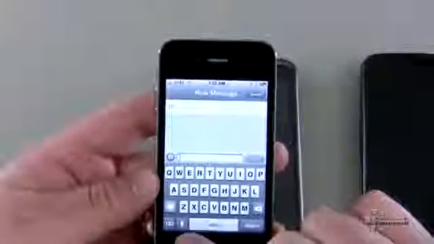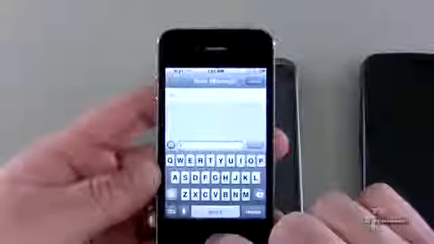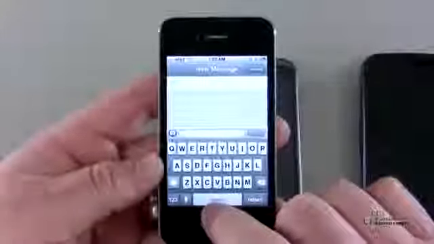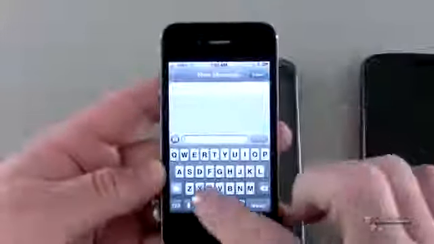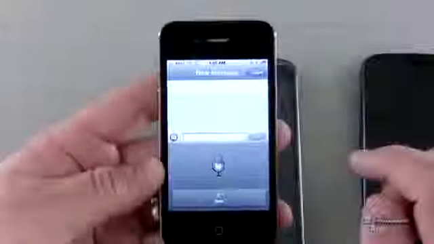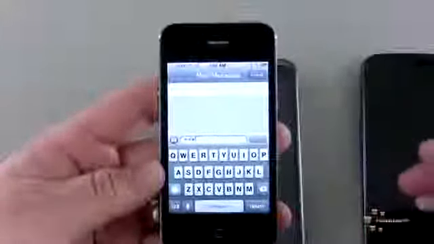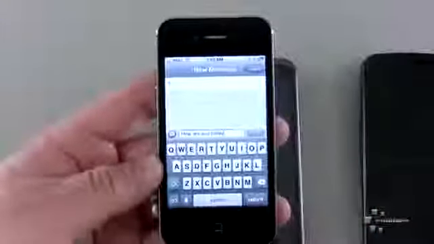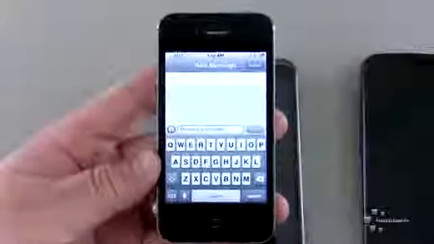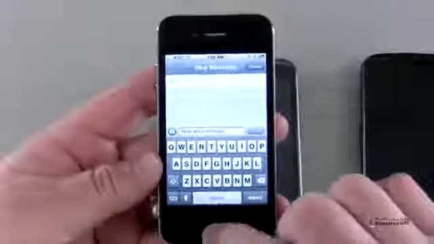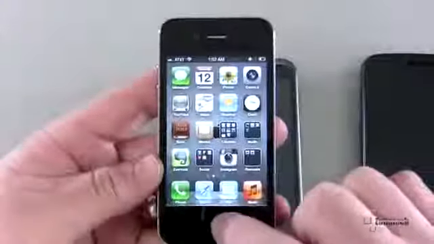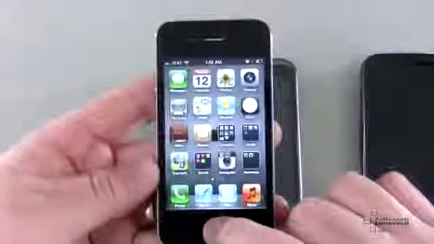We also have voice recognition to speak our text. If I want to speak the text, I can easily do that by, we'll text, "How are you today?" And it goes out and uses our data connection and says, "How are you today?" It types it right out. It's really nice. Now there is another way to do that, and you can do that with Siri on this phone. So if I go ahead and do this,